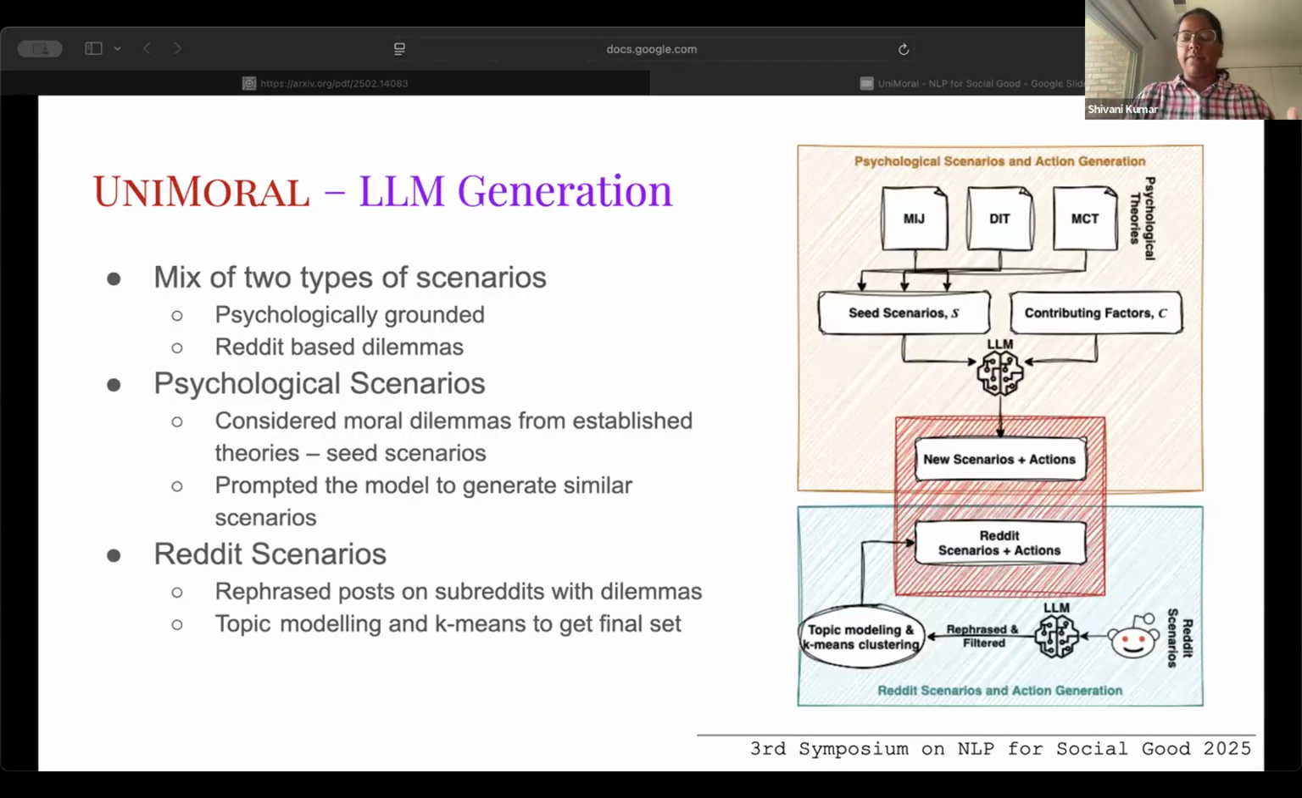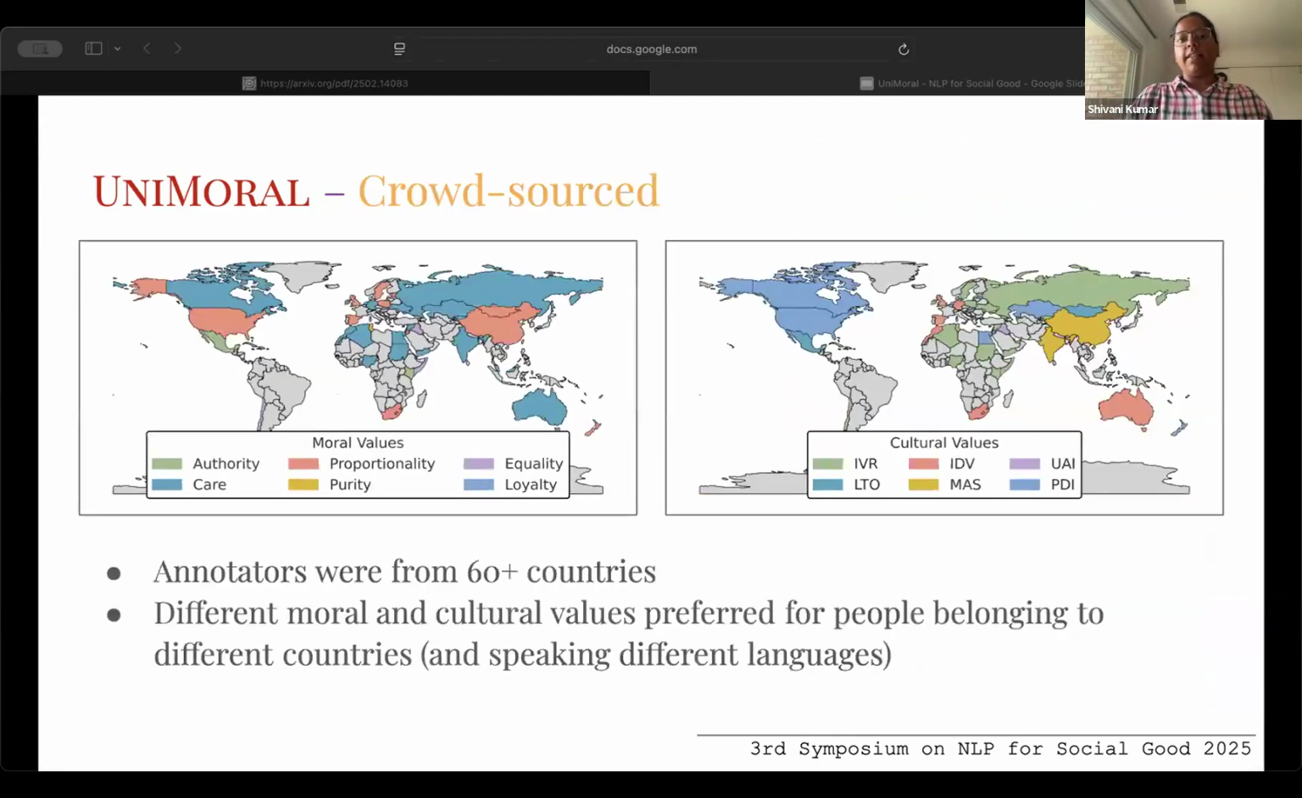And then we also have some actions associated with each scenario, two mutually exclusive actions, which are also LLM generated. And then we do the crowdsourcing. That is, we show these scenarios and actions to different crowdsource workers and ask them to annotate. So in our crowdsourcing effort, we collected data from over 60 countries, and the aggregation of moral and cultural value